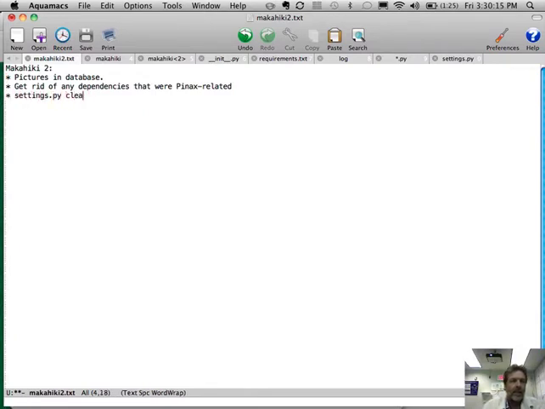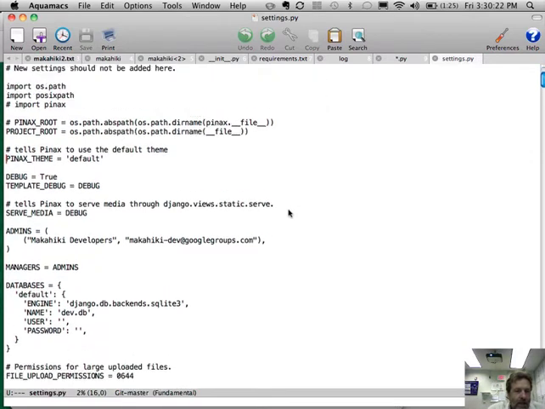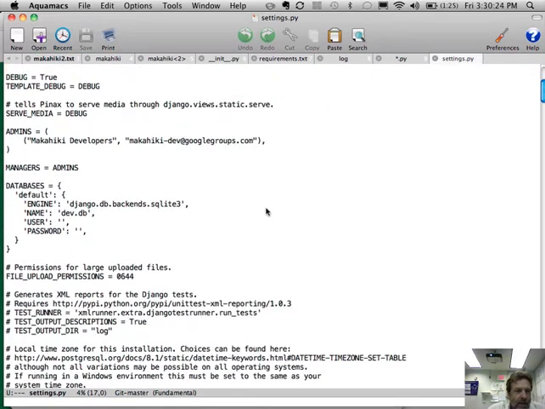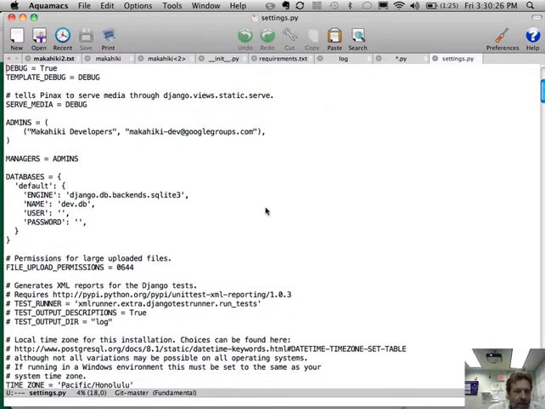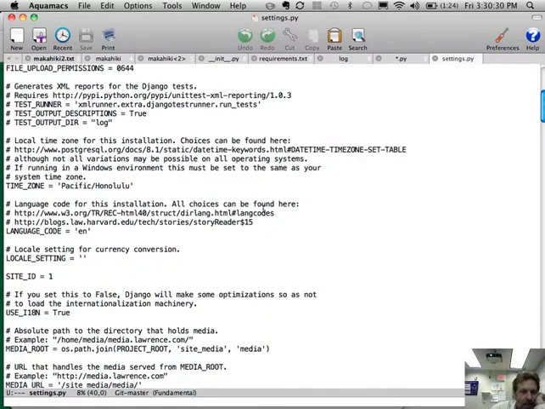Settings.py cleanup. Okay, debug true, template debug equals debugged, databases. Okay, so when would we want to actually, what kinds of things would we, why would anyone want to